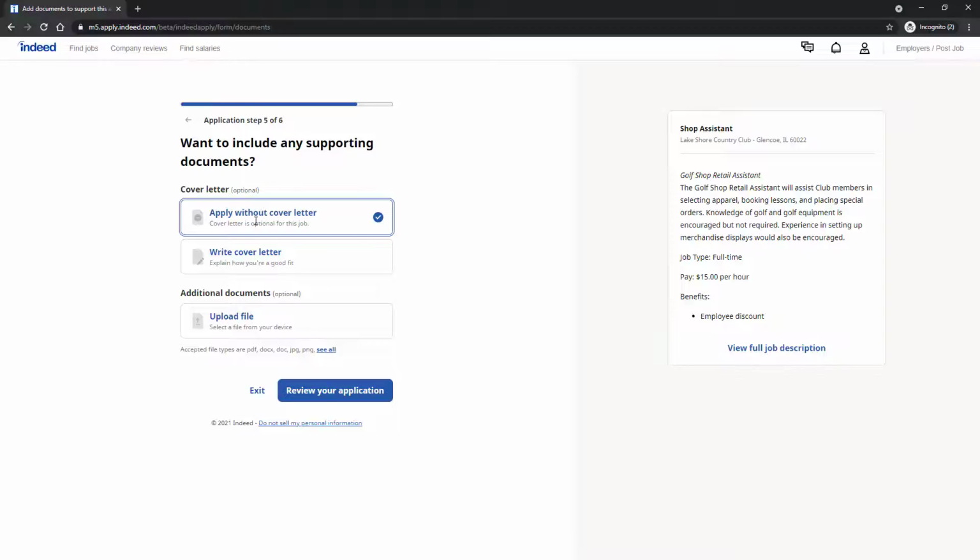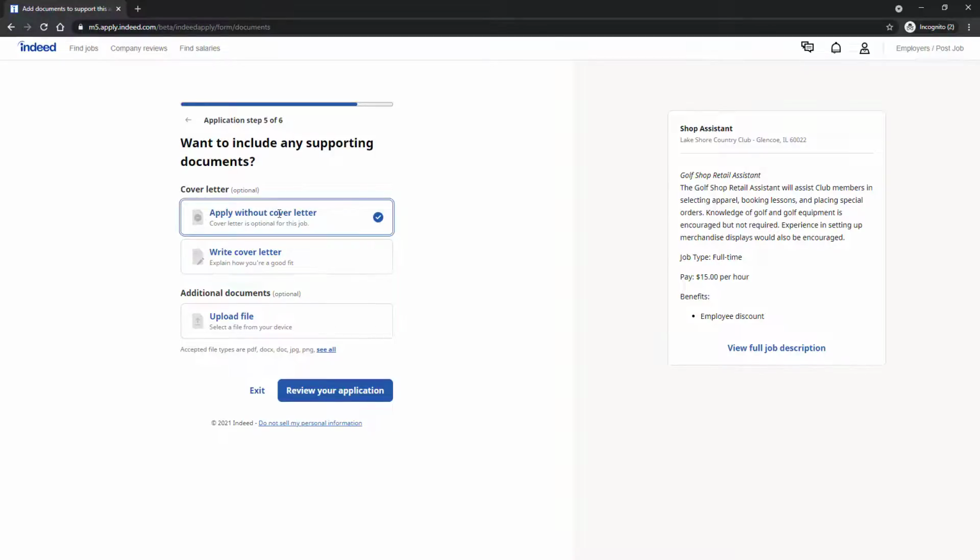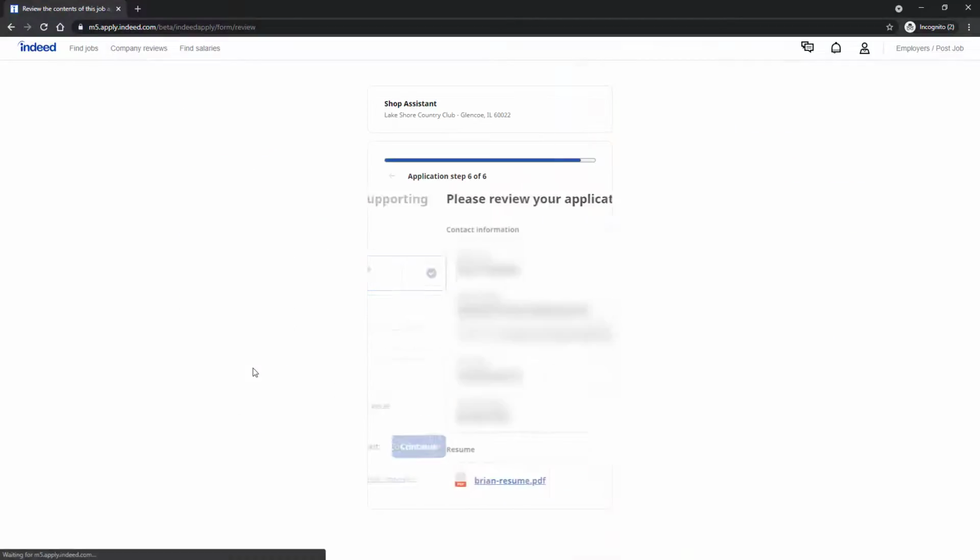And you can add a cover letter or not. Indeed will also help you even to write a cover letter. It's just a very simple text form here, but you can also apply without a cover letter or upload a cover letter as a document, and you see what file types they allow. So I can go to review my application,